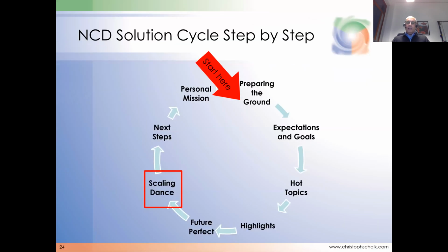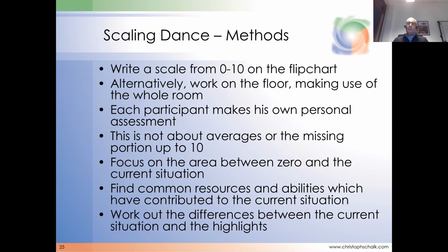The scaling dance, I already mentioned it when we were talking about the highlights and the future perfect. It's nothing else than simply using a scale from, in Germany we say from 0 to 10. In some other countries, you prefer to say from 1 to 10. Yeah, that's our culture here, we believe in the absolute zero. You could write that on a flip chart as a simple scale from 0 to 10, or work on the